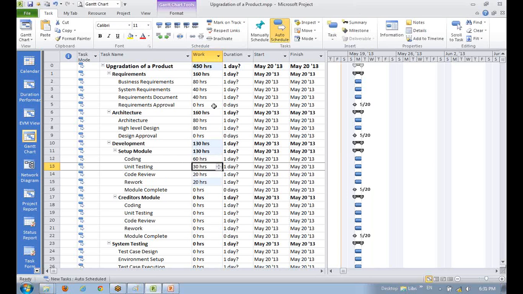So testing, same is the case. Construction will take 60 hours, and unit testing, code review and rework will take more than construction. Okay, anyway, let's go ahead. Maybe we can reduce something for unit testing. Let's say 3 days, 24 hours. Let's say 16 hours here. Okay, fair enough. Let's go ahead now.